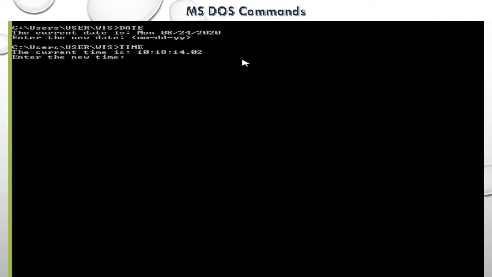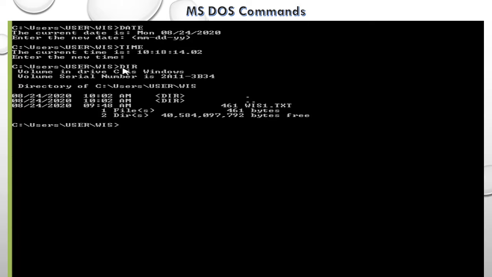It will display the current system time like this. Syntax is time. Next, the dir command. It displays the list of directories and files in your system. Syntax is dir.